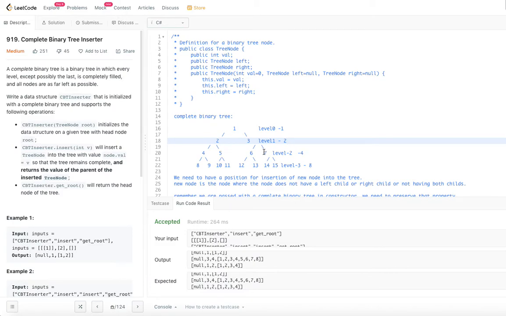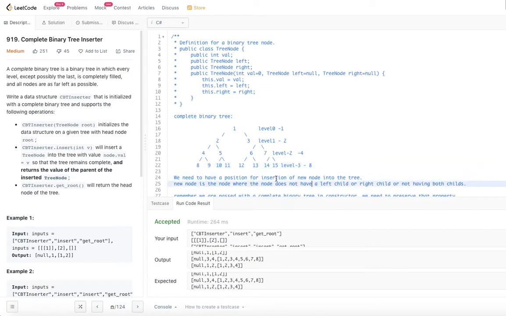Likewise, all those nodes should be present on all levels except the last one. In the last one, even if they are partially filled, it is fine. If it is completely filled, then we are good. Still, it is called a complete binary tree, but the last level can be partial. The only requirement is all the nodes should be as far left as possible, as we saw in the example, right?